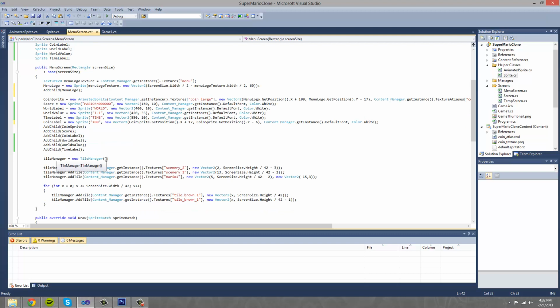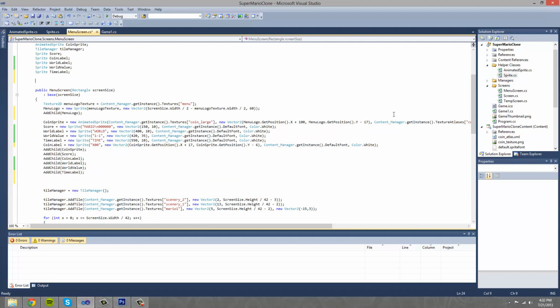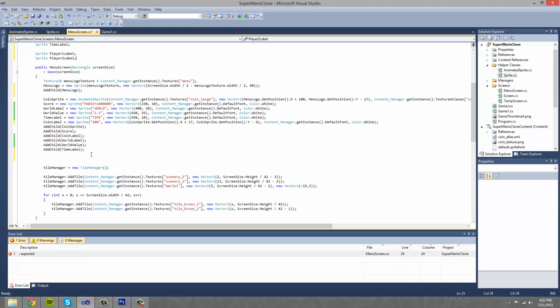So what I'm going to do is come down here a little bit, and we'd also need to do the player, the 1 and 2 player game labels. So we'll say sprite player 1 label, and then we'll have a sprite player 2 label. So let's say player 1 label is a new sprite, and it says 1 player, let's make it caps, 1 PLAYER GAME,